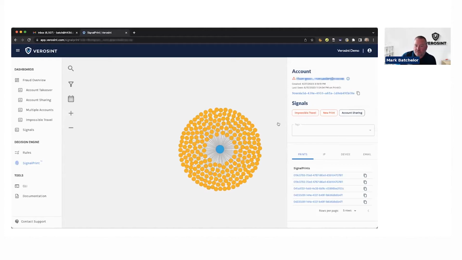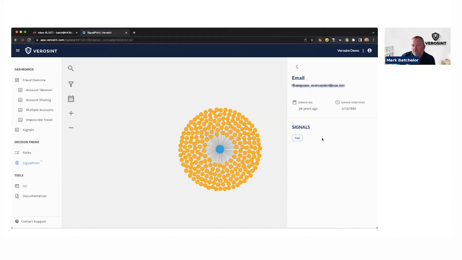But more importantly, since we're talking about SignalPrints in general, if I click on the account on this right-hand side, you'll see the attributes about that SignalPrint. So not only will you see the signals that we've generated for it, in this case, this person's done impossible travel. They've been a new print and they're associated with account sharing. I can also break down their attributes and look at the underlying data behind them. So if I click on the email address, for example, I'll see that one of the signals associated with this particular email address is that it's a free email provider, right? And that I could write a rule against that and say, I don't want people with free email providers to